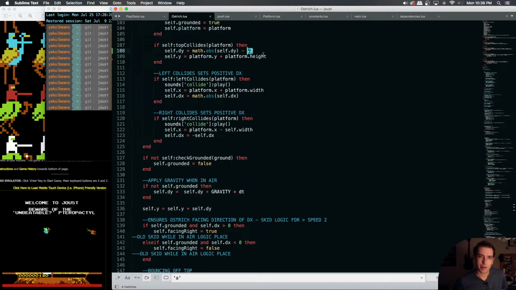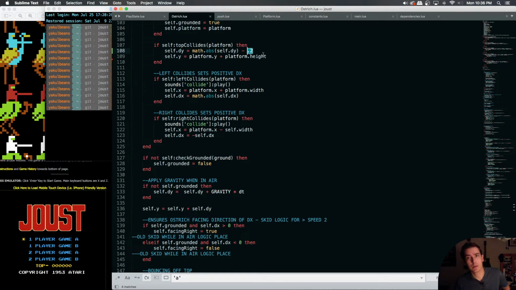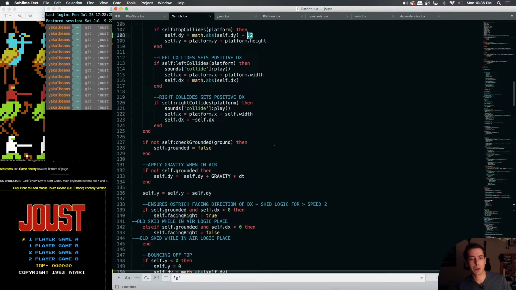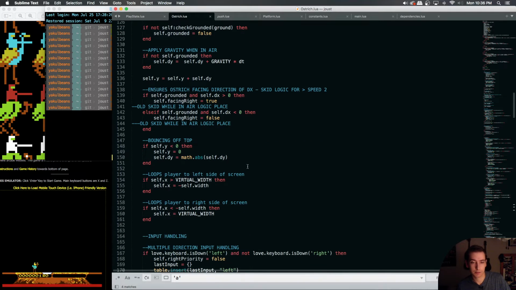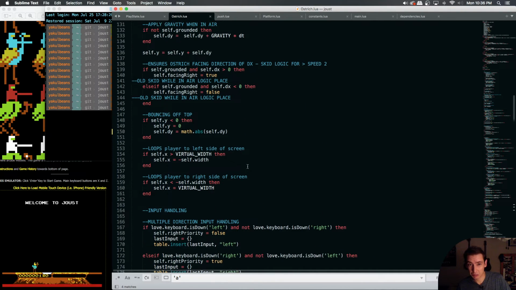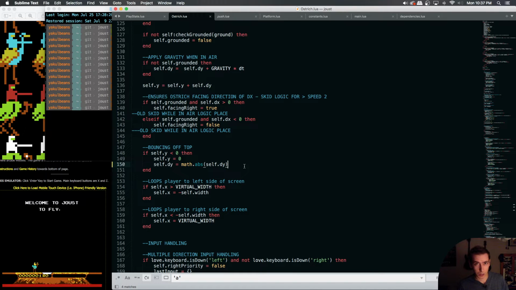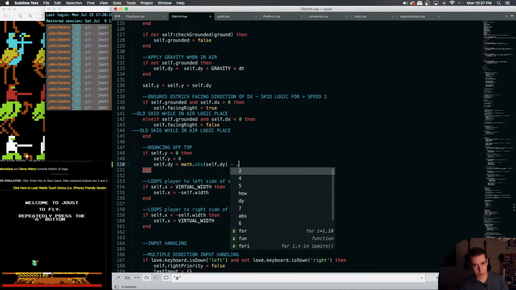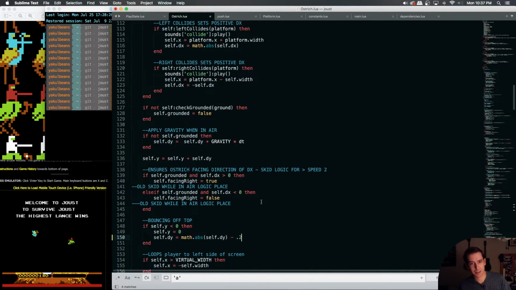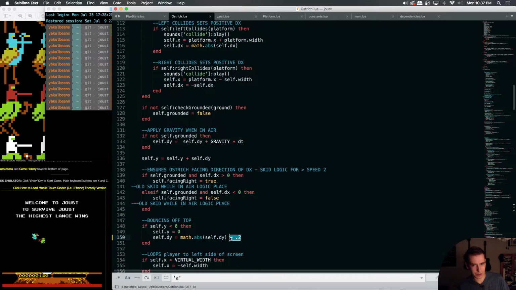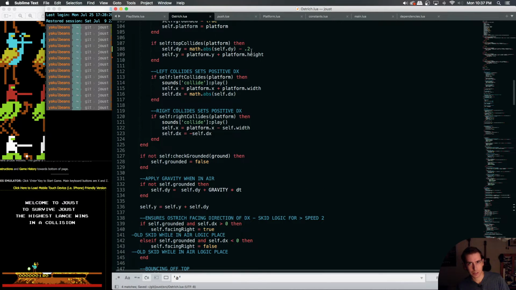Even though it would have a downward y velocity. I'm not exactly sure why we were getting that bug, that freezing mode, but we did fix the thing that was bugging me, so maybe we'll do the same thing here, minus a 0.2. So like, instead of just doing a random 0.2 here, you know, this is